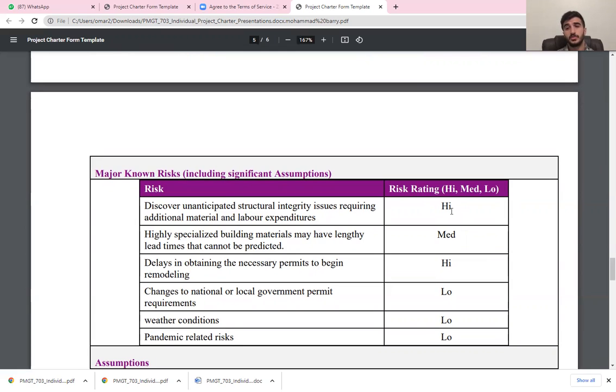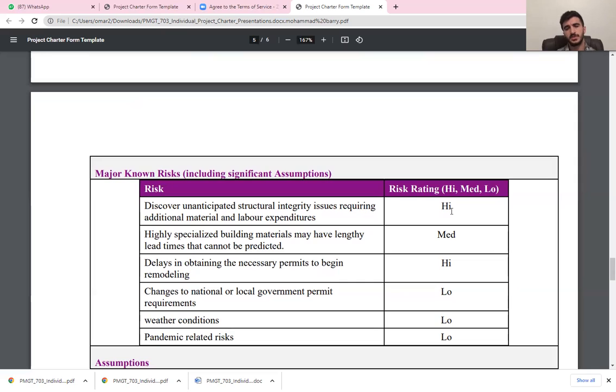And since we can't control the permits and we cannot start the work on the project because of the permits, the government controls it, so it could be delayed. It's a high probability. And the change of the permits, like in this area, there is a specific rule. Let's say that the working hours are from 10 to 5. So when you build your schedule according to this and you face some delays, like if they said the working hours changed to 12 to 4, that's going to shorten your working hours. That's going to delay your project.